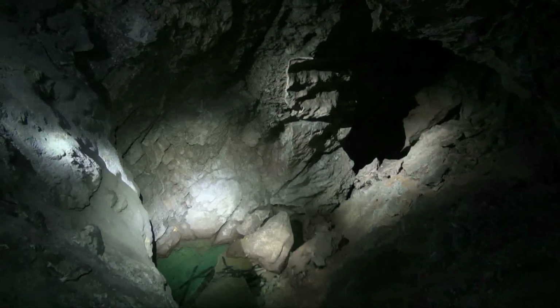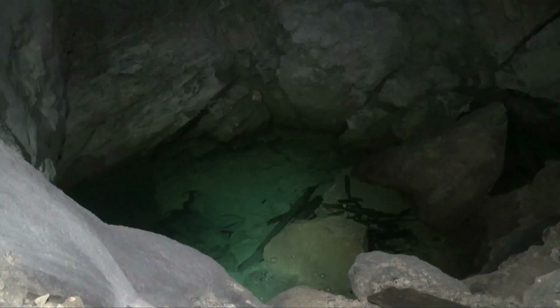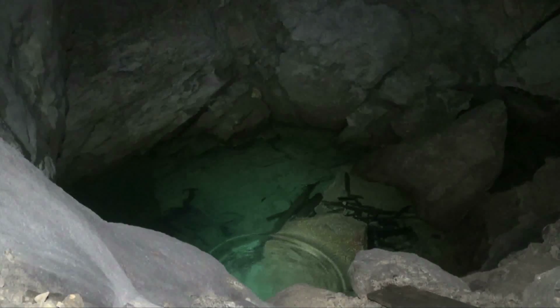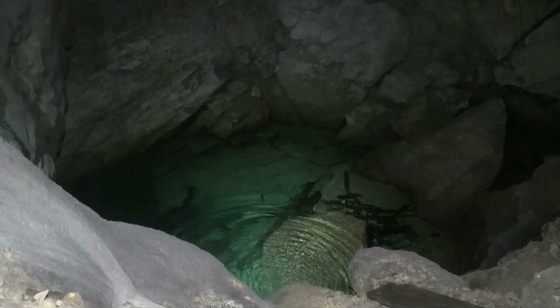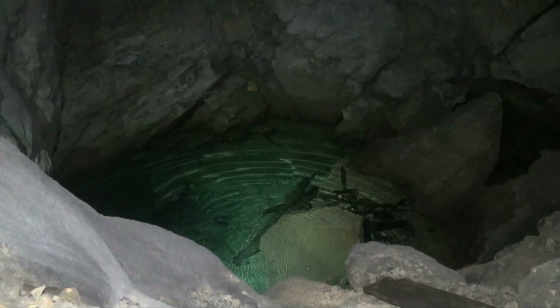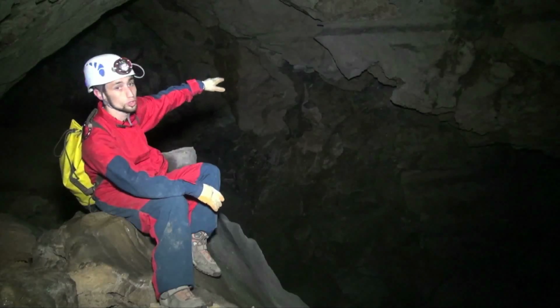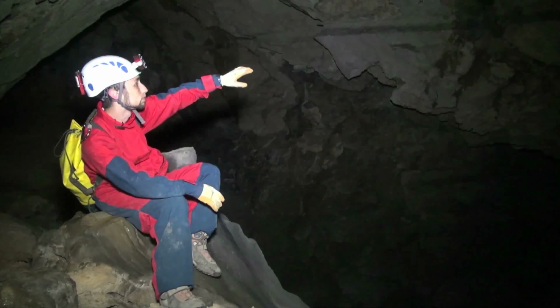We're now in the first large chamber of Ragged Staff Cave. Behind me you can see a small pool. The water line has not always been at that level. At the moment it's about 15 meters below me, but about 15 meters above me, so 20 meters above the present water level, we can see what we call a notch in the